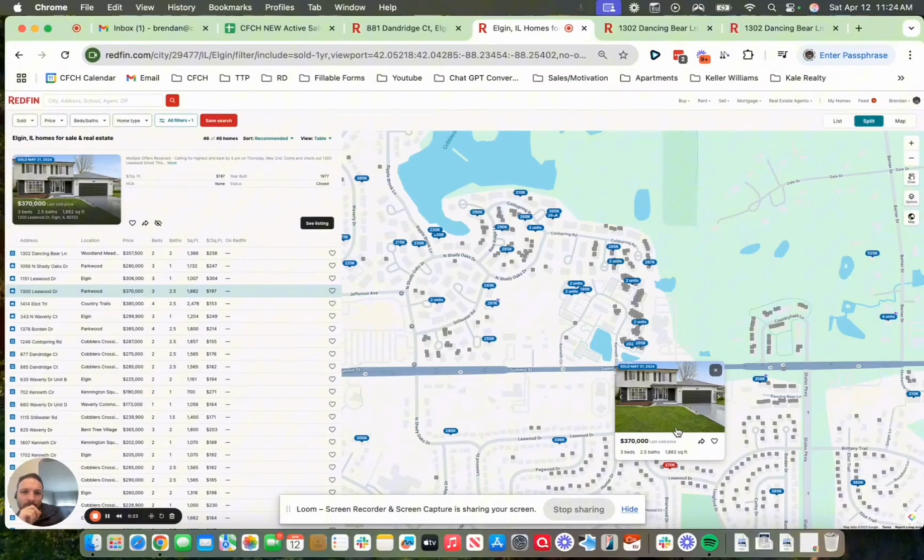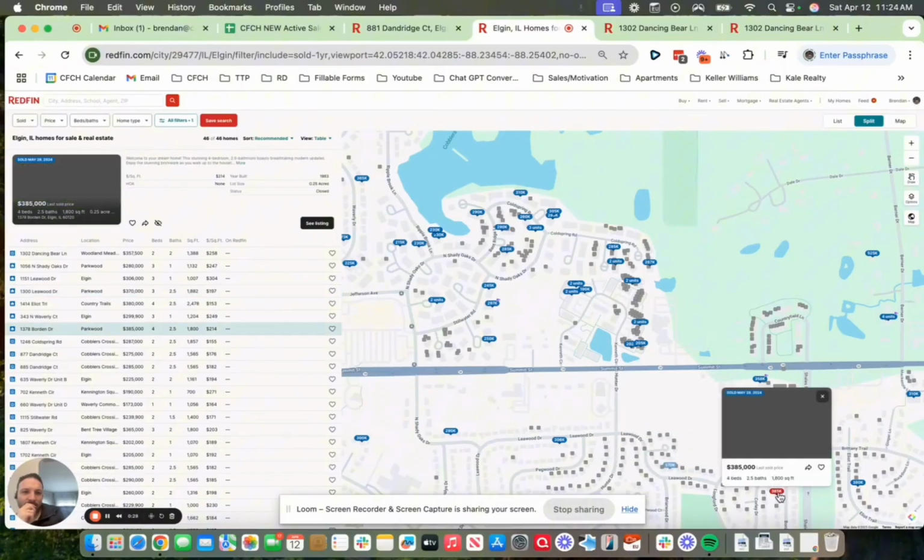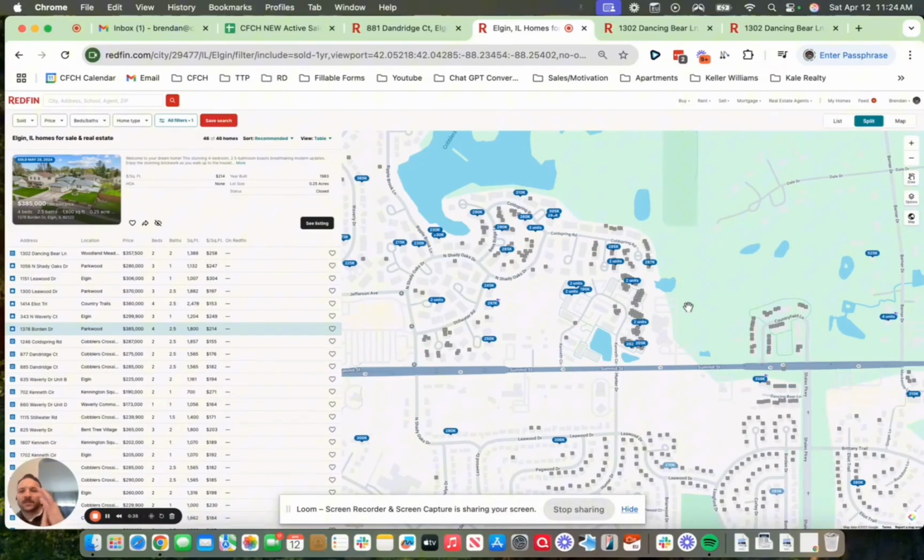You have a 370 that sold last year. One more, 385. That's a 4.2.5. So ARV, I'd probably say somewhere between 325 to 355 fixed up, just given that these are 285 as-is, and these probably need 40 grand worth of work.